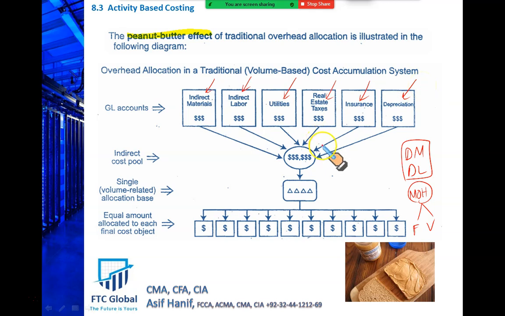So what we do, we simply add them up, whether on an actual or an estimated basis. Let's say we have an estimate of these overheads given above in the rectangles. Let's say it's about $180,000. And we estimate that we produce different types of product A, B, C, D, E, F, and we are going to produce 10,000 units in the coming year. Different types of products, and a total of 10,000 units would be produced. Now if you calculate, it comes out to be $18 per unit.